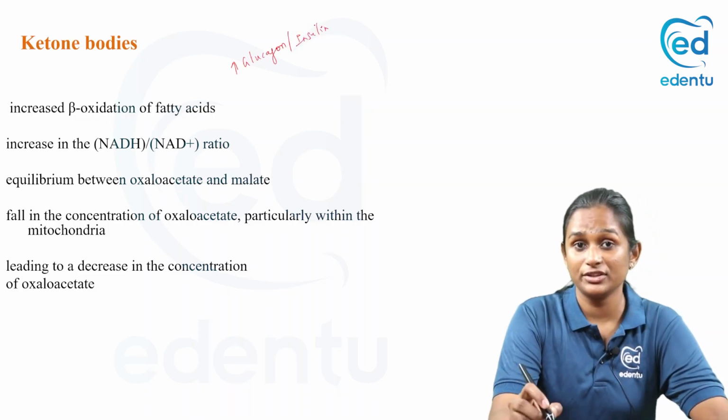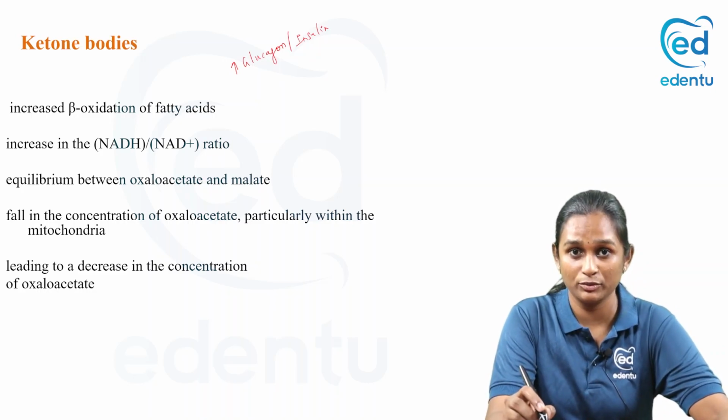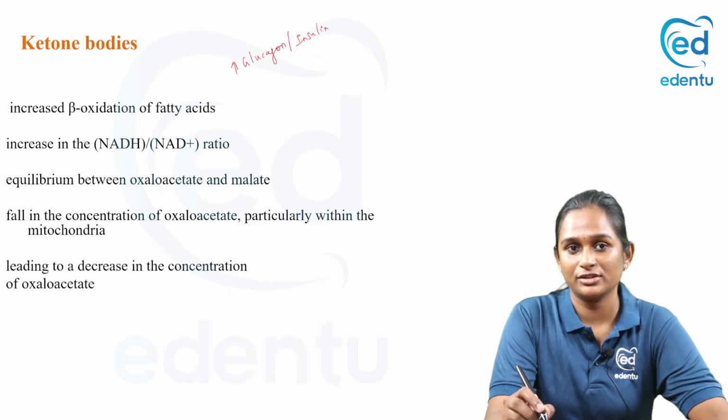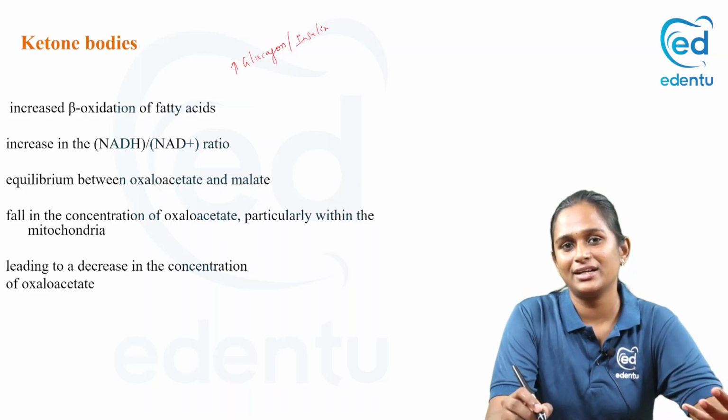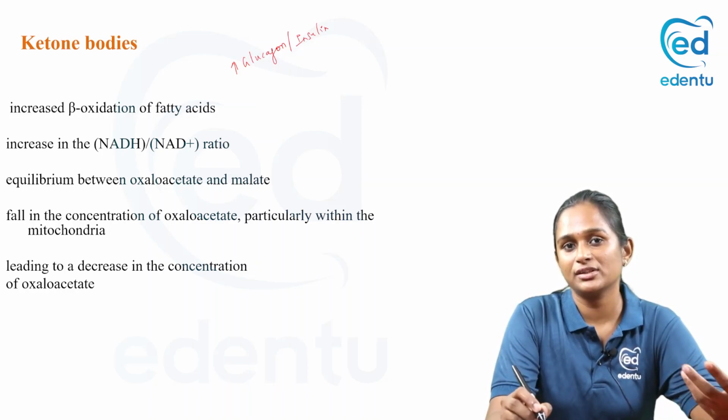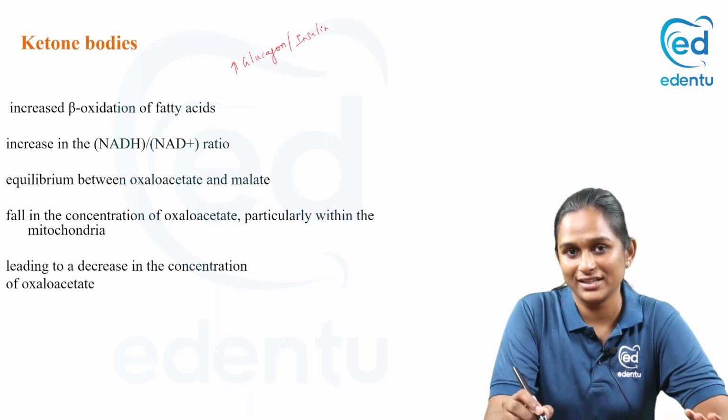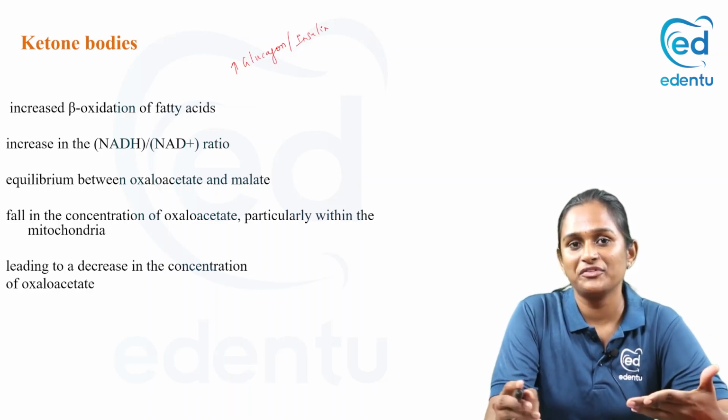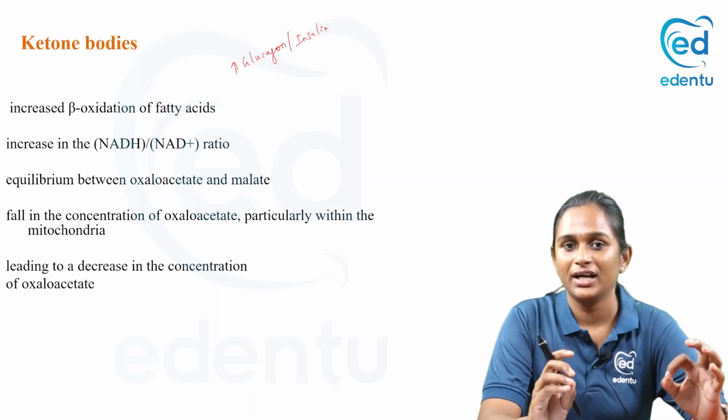Yes, in starvation, insulin will be less and glucagon will be more. So with a higher glucagon to insulin ratio, there is more lipolysis of fat in the adipose tissue. There will be free fatty acids produced in the adipose tissue, and those free fatty acids will come into the liver,